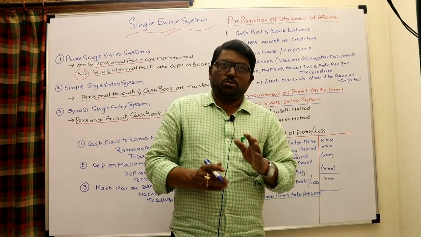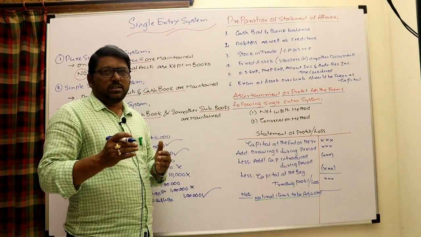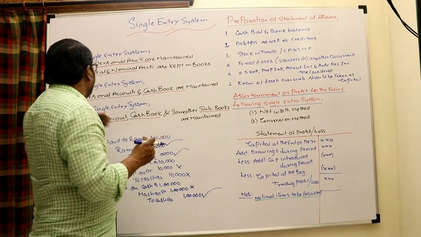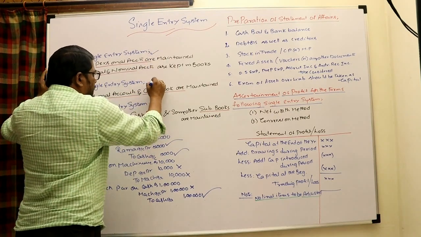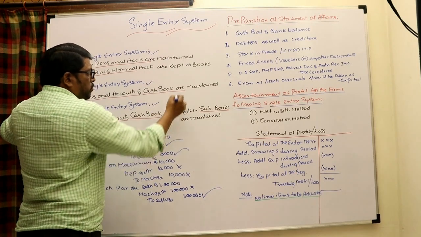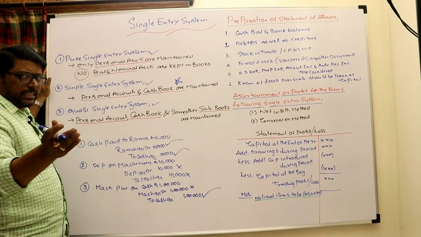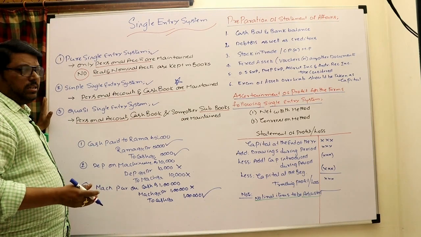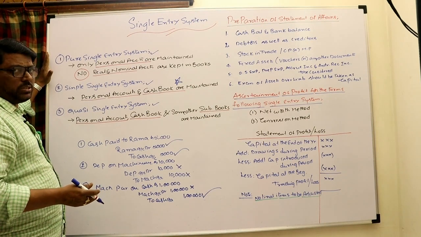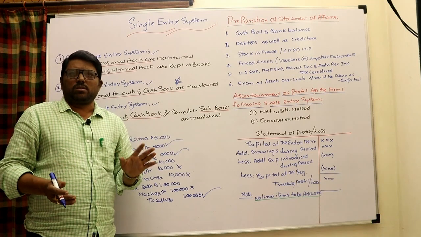So except these two, normally you may find that under the single entry system, those are also again classified in three categories. But of course, no doubt this is a popular one, and this is what we are discussing right now. As I said, cash book, personal accounts. But actually they are defined in three ways. One is the pure single entry system. In the pure single entry system, they used to maintain only personal accounts.